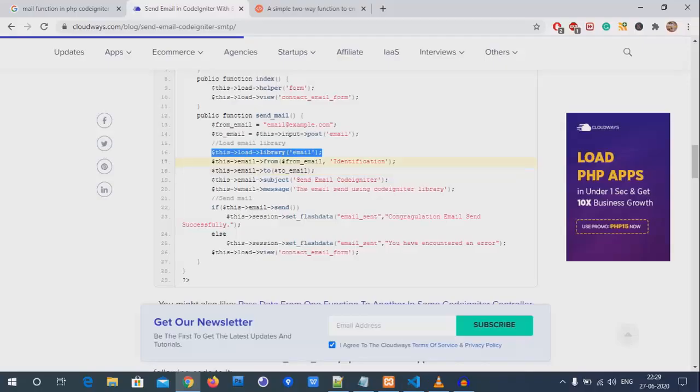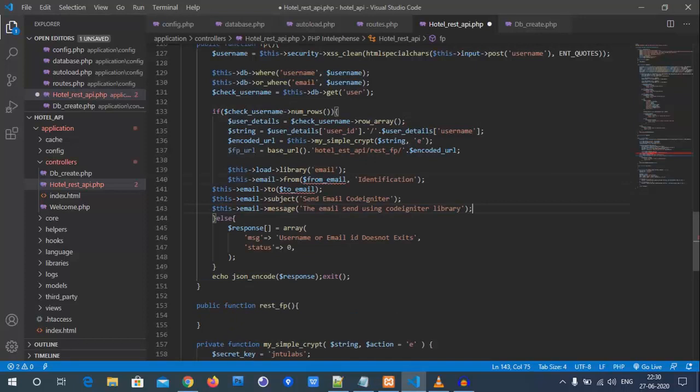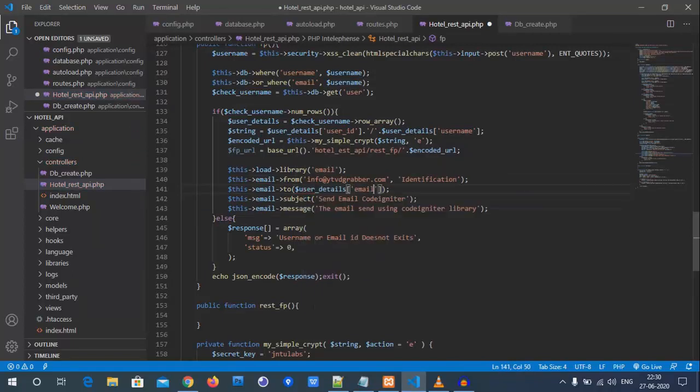So what I'll do, remove line by line codes. Already we have loaded it, but still let's load the library again here, and then let us send it. From email id nothing but info. To email id is nothing but dollar user details of email. Reset your password. The reset password link is, the link is nothing but dollar fp. Forgot part. This is the link.